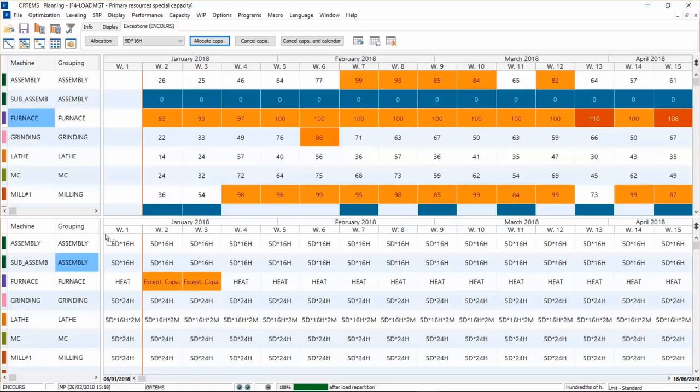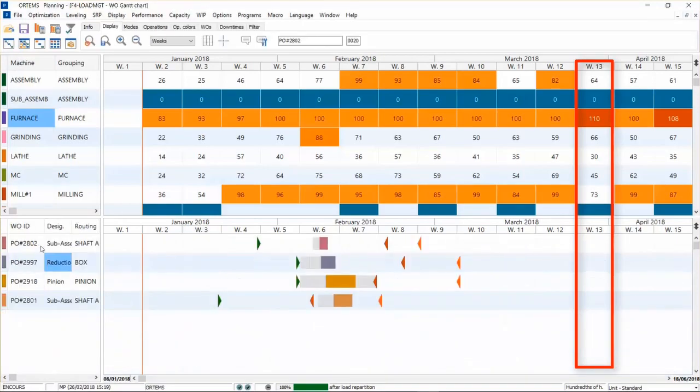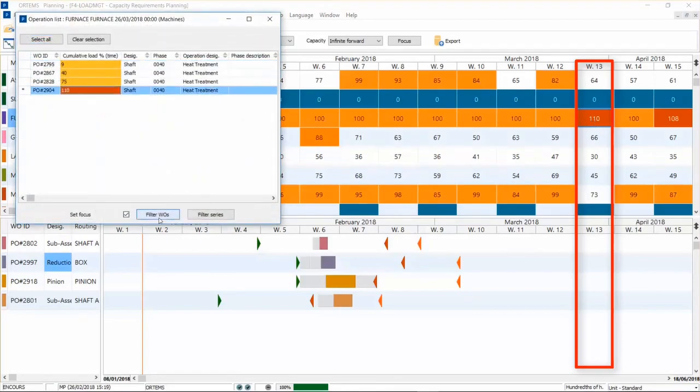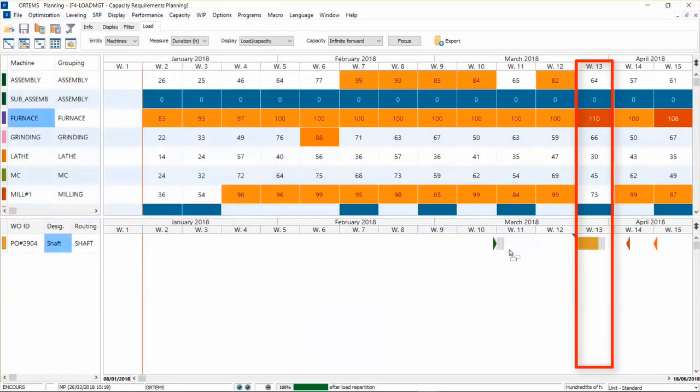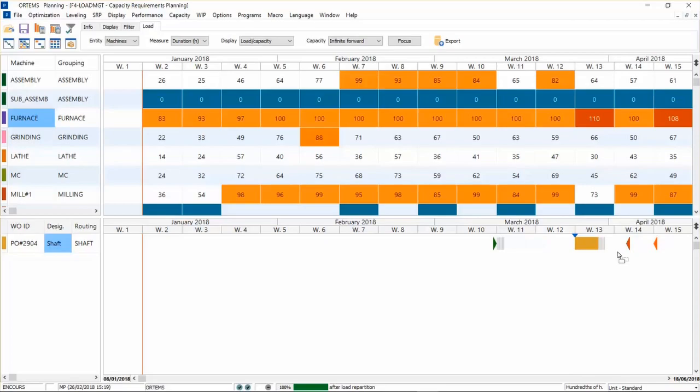Let's have a closer look at week 13. First, I put again a work order Gantt chart. I click on week 13. I select my overload. And I can see this operation was positioned on week 13. But if you postpone it to week 14, you will get an overload as well because you have a load of 100% on week 14. And if you try to move it to week 15 or later, you will be late if you look at this red triangle. That's why the engine has stopped postponing it and generated an overload in order to alert instead